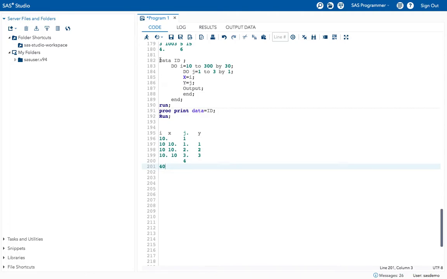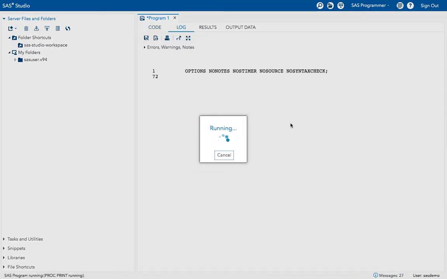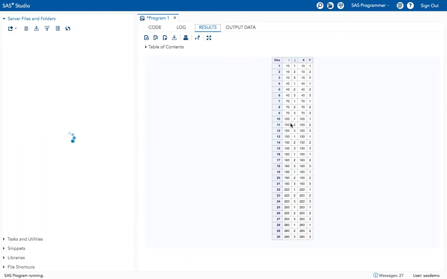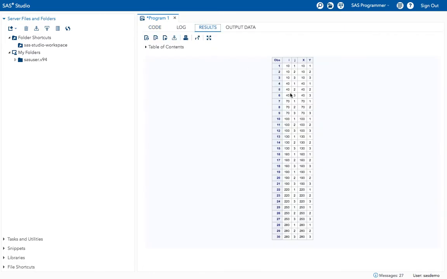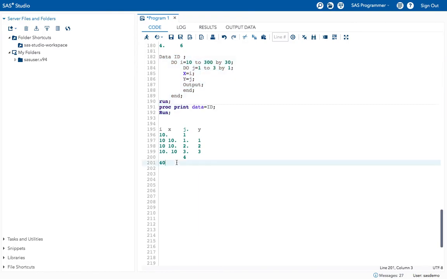Okay, let's run the result, execute the program. See, is that how I got? I got 10, 1, 10, 1. Is that what I got here? Yes. See, I got 10, 1, 10, 1. Okay. See, like this it keeps on continuing. After 3 iterations, what is the I value here? It incremented by 30. So what is here? 40. Okay. 70. Like that it increases. Okay. This is how we can do nesting in do loops.